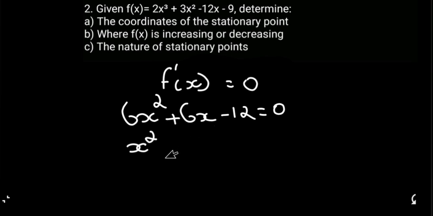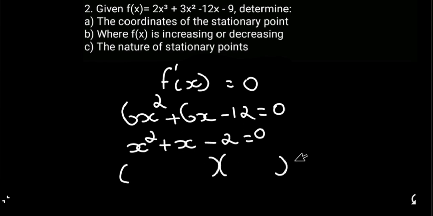6x divided by 6, we're going to get x. And -12 divided by 6, we're going to get -2, is equal to 0. And we need to open 2 brackets. This is a quadratic equation. Now, to solve a quadratic equation,